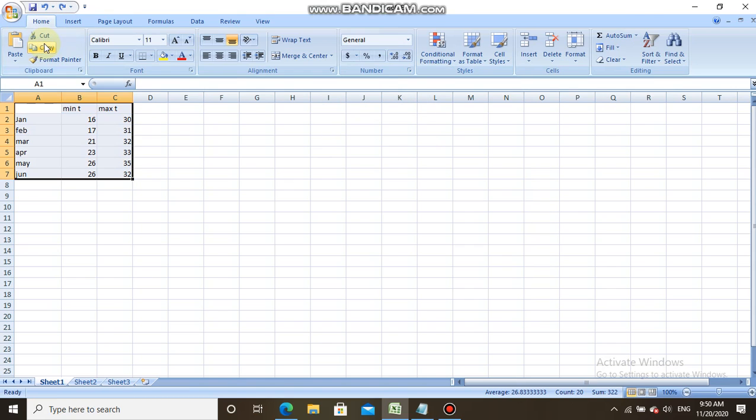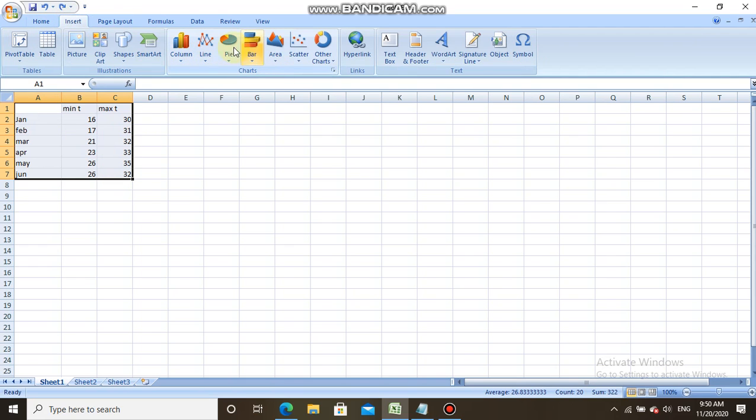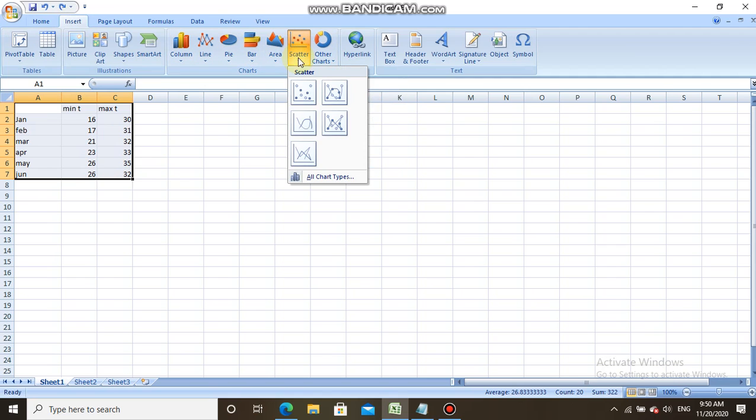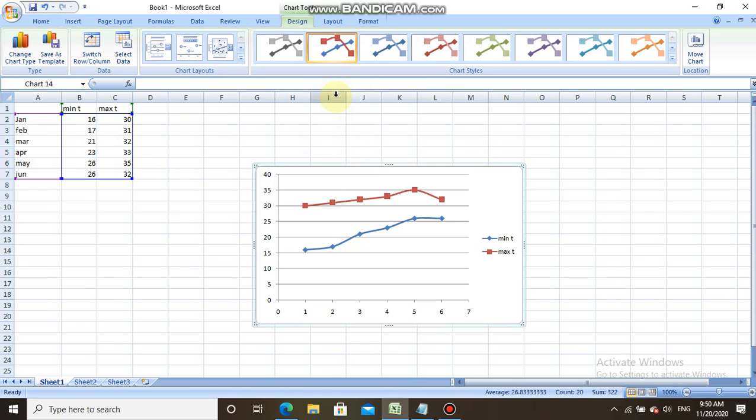Okay, now the next chart name is the scatter chart. The scatter chart represents the relationship between numerical sets of values. You can see that here all are numerical values and here also numerical values, and it plots a point for all the values. Okay, next chart,